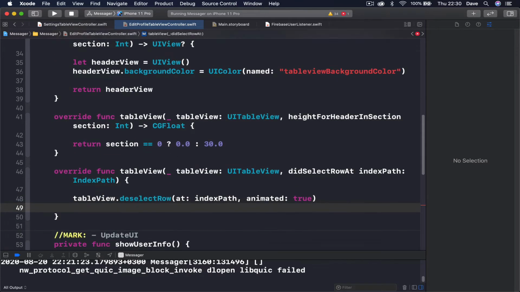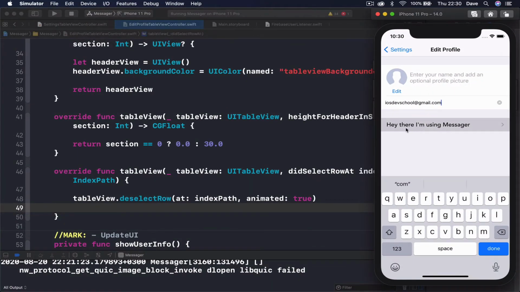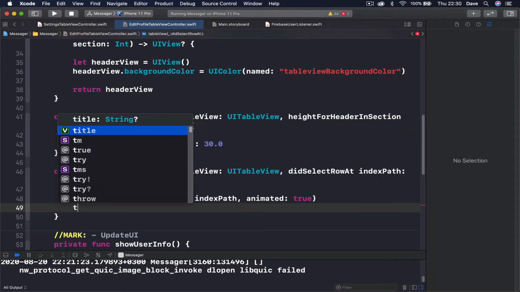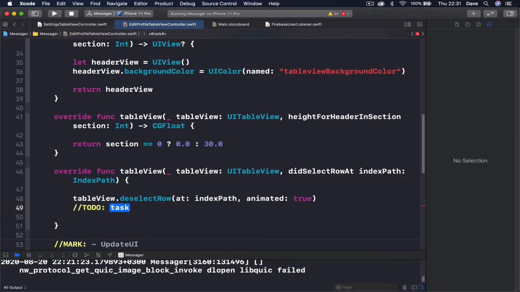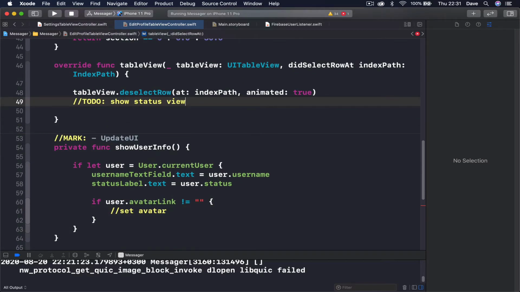So every time our user clicks on this cell, it will not stay highlighted until we click on a different cell, and it will be automatically deselected. And what we want to do here is, let me put a to do here, say show status view. Okay, and we can proceed to our